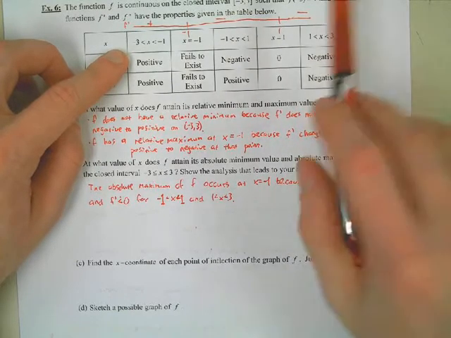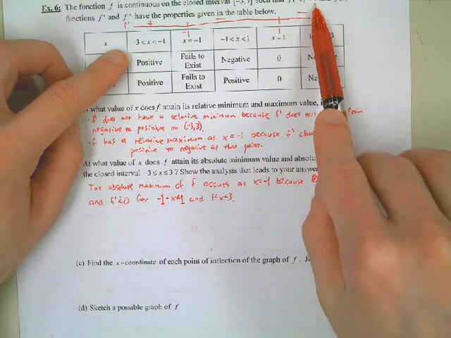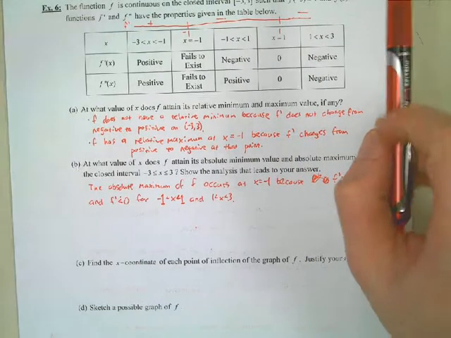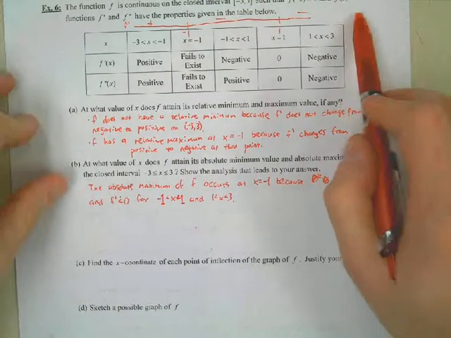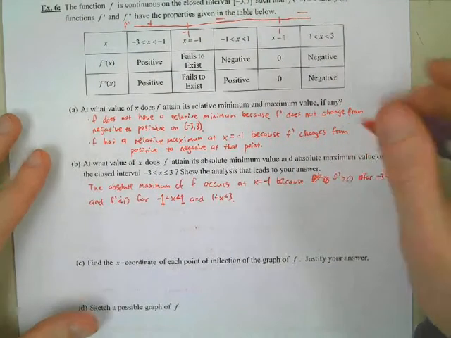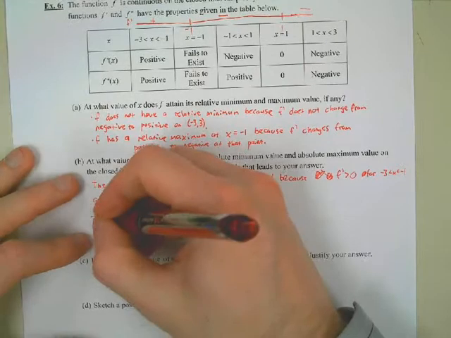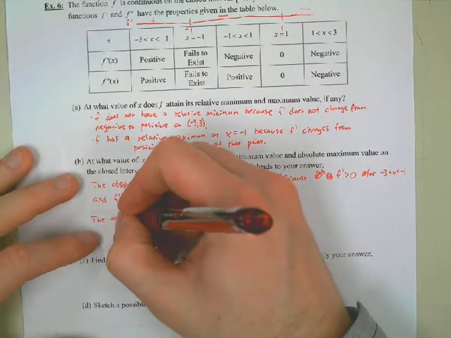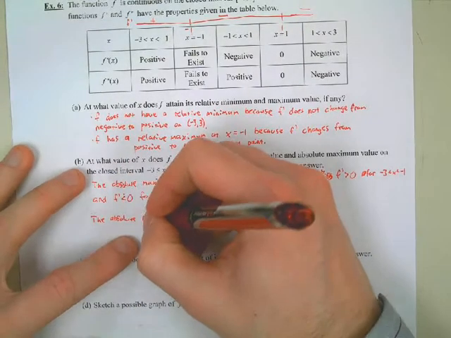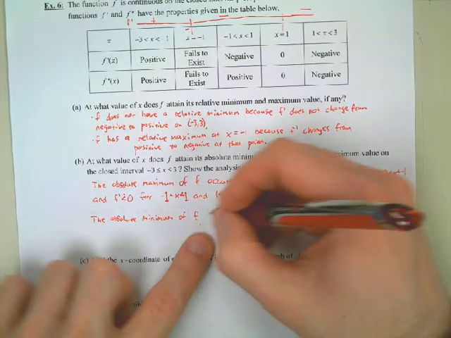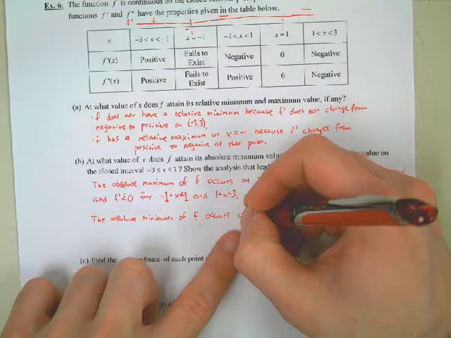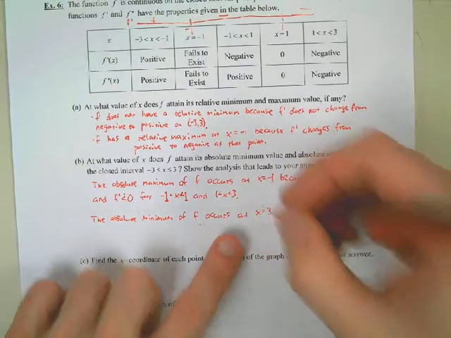f of -3 is 4, f of 3 is 1, and so you were right. 3 is the absolute lowest point, because f of 3 is 1, whereas f of -3 is 4. Okay, so that's the idea there. So the absolute minimum of f occurs at x equals 3 because